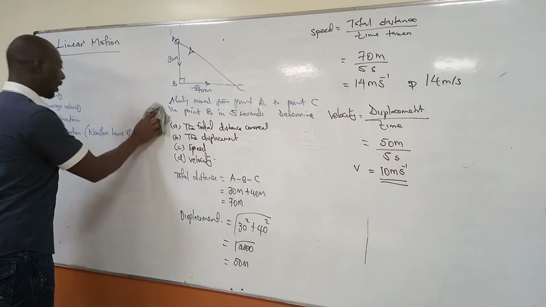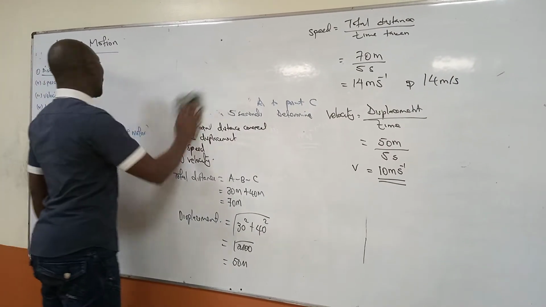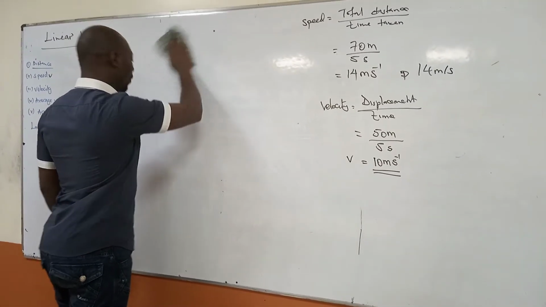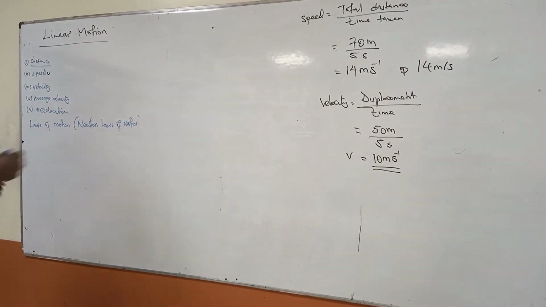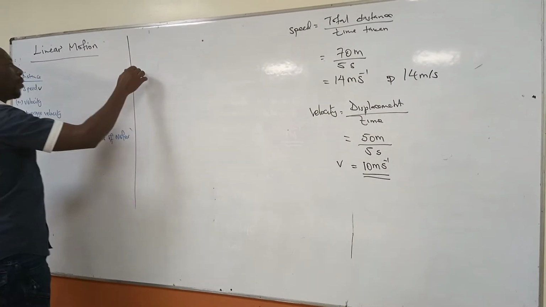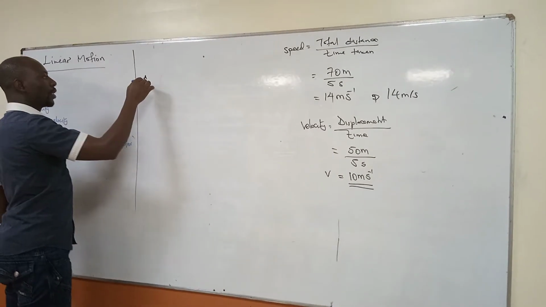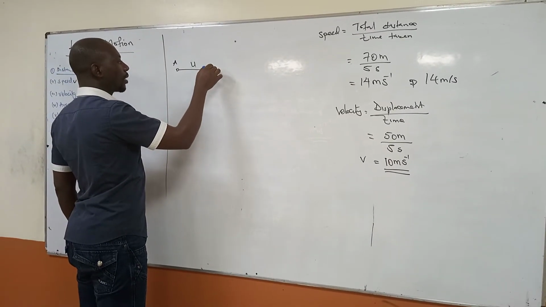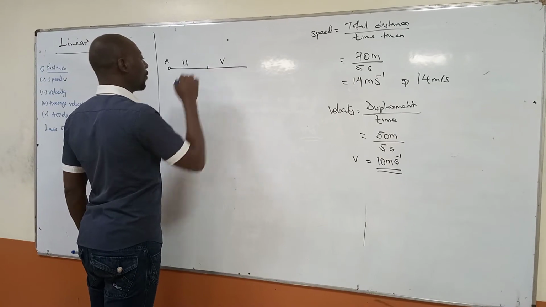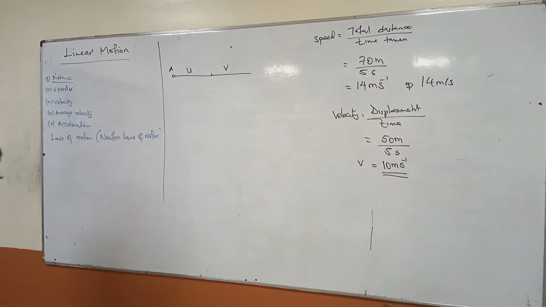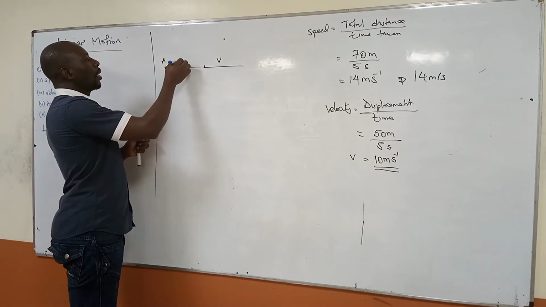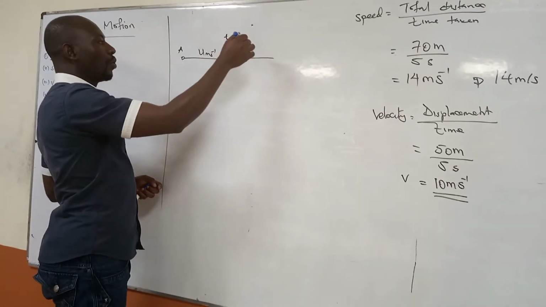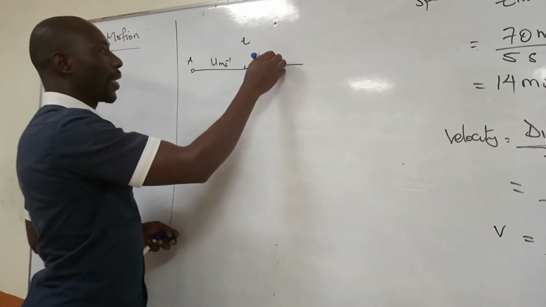So let's look at a different thing called the average velocity. Then we look at the acceleration. Then we derive the laws of motion. So, for example, we have a body moving from point A to point B, it moves with a certain speed u. Then upon reaching this point, it changes speed to a certain speed v. So a body starts its motion from an initial velocity u meters per second. Then after some time t, it now moves with a new velocity v meters per second.